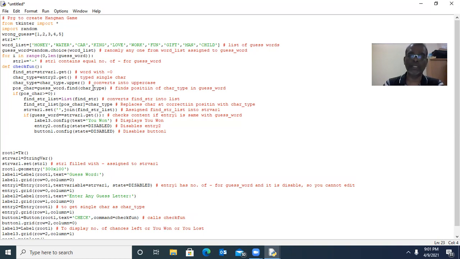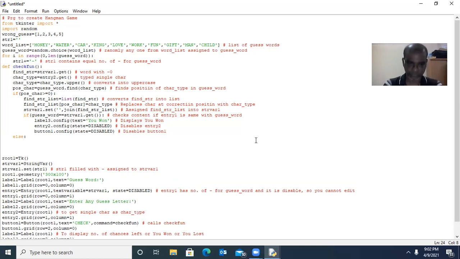If the character you typed in entry 2 is not available in the guess word, it returns -1. Okay, now the chances left are 6 out of 6 chances. One chance is already gone. Now we are having only 5 chances. That should be displayed. How can we see it now.